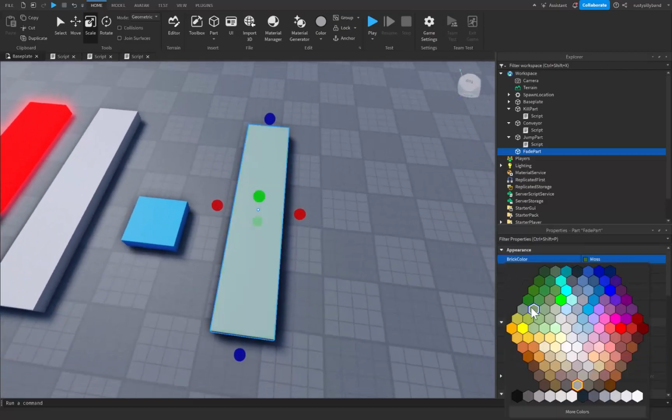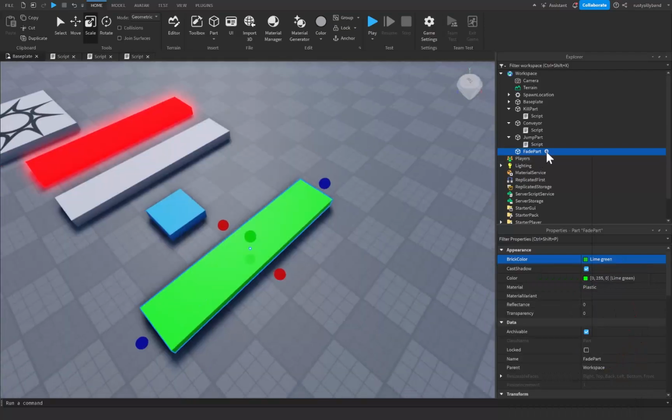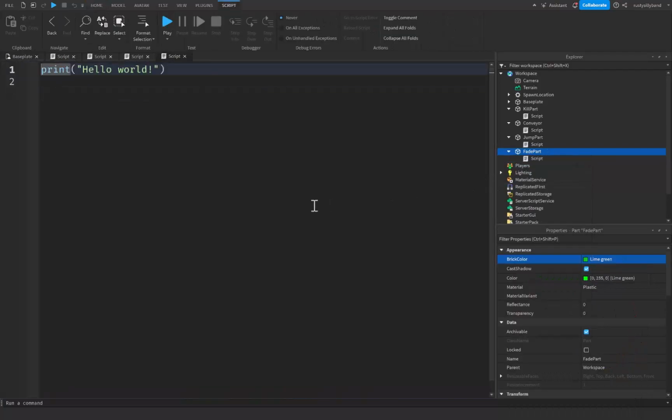And what I'm going to do is make this a fun color like green. After that, let's go ahead and click on a plus icon and click on script, once again, just to add in another script. So we're going to say